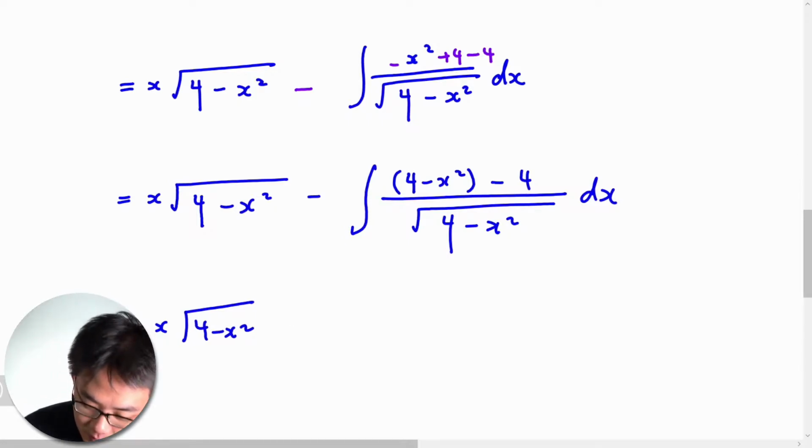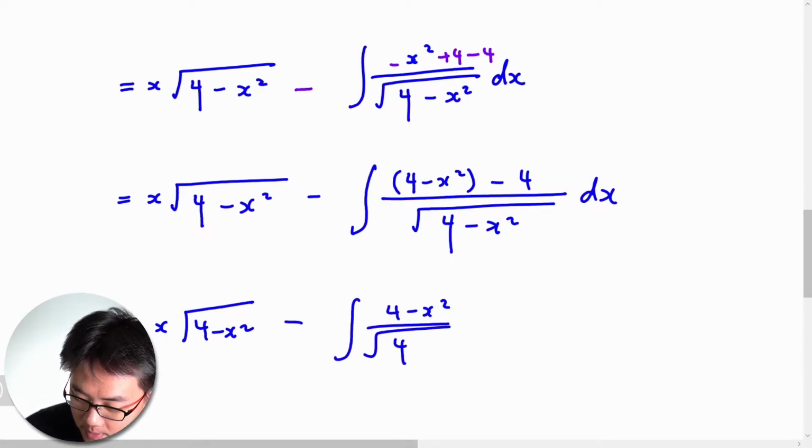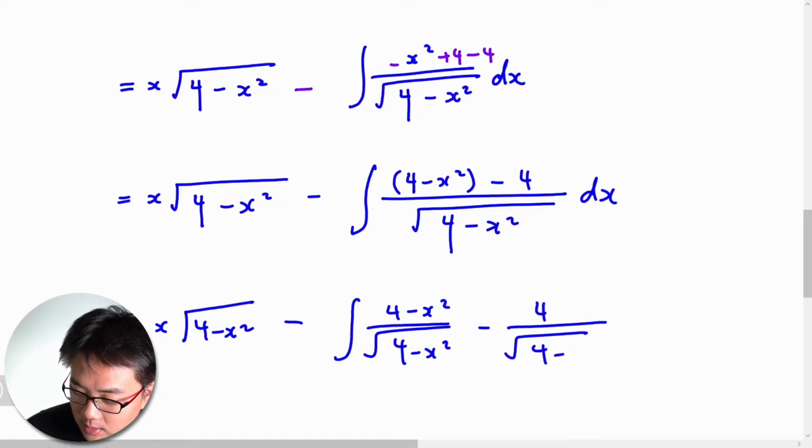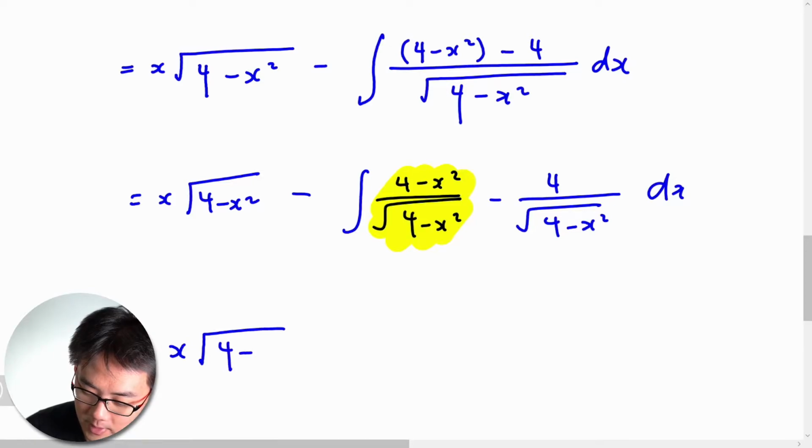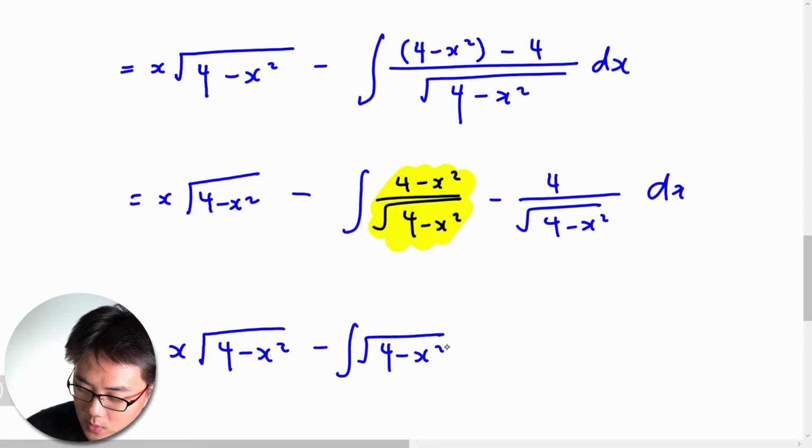You split it up. This will be the square root of 4 minus x squared over 4 minus x squared, minus 4 over the square root of 4 minus x squared. Okay, so this is not an issue. This over here on the right, just rewrite it again. You will be able to see it's as such: x times the square root of 4 minus x squared plus the integral of the square root of 4 minus x squared